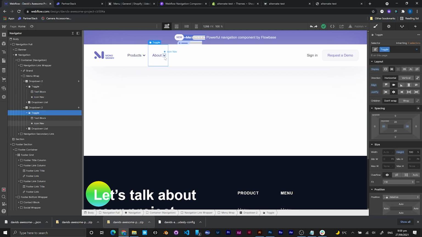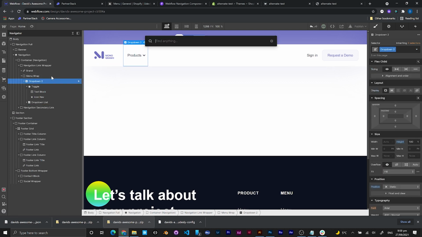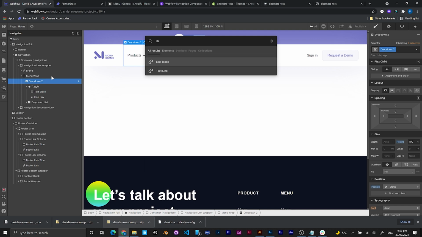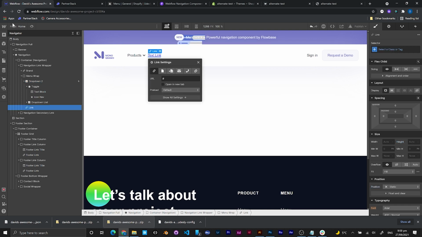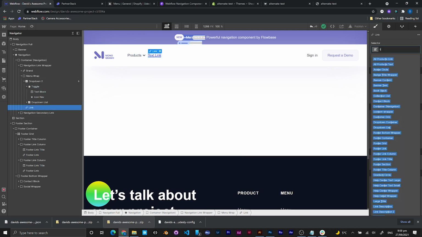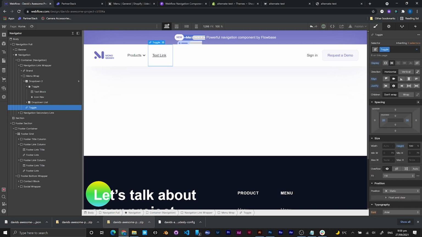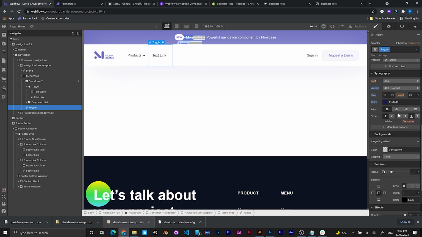Okay, so this one we're going to say is just going to be a link. So we will get rid of the drop down and we will just add in a link. Link text. And we'll call this toggle, just so that we utilize that class again. Just nice, but what we are going to do is just get rid of that ugly underline. So get rid of that. And there's our class. So we'll call this one about,